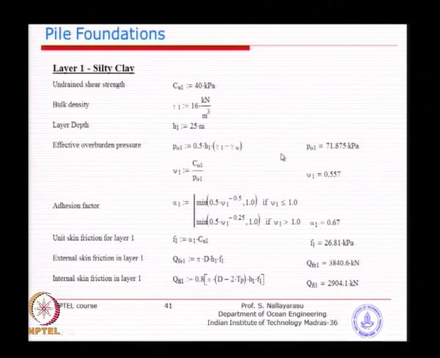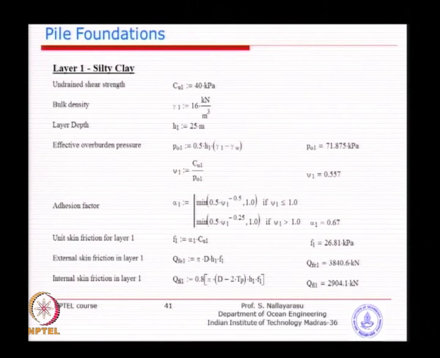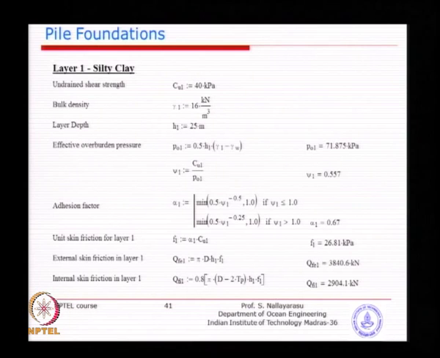And then we have an undrained shear strength of 40 kPa. So, 3 pieces of information: layer depth, density, and undrained shear strength. Now, we know the procedure for clay. Once you have been given the undrained shear strength, straight away you should understand it is a clay type of layer, hopefully if you remember, and then use the relevant method. So, you should go for the alpha method, and the alpha method is very simple.